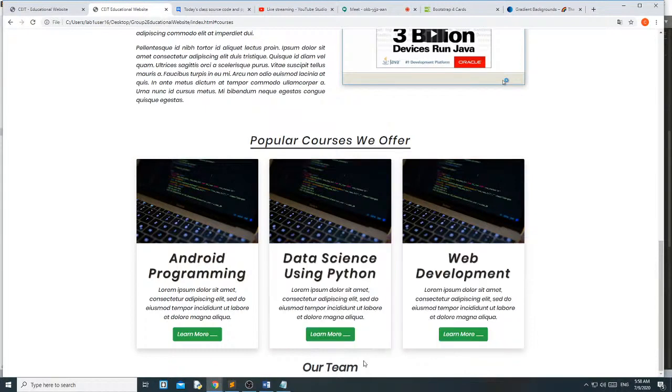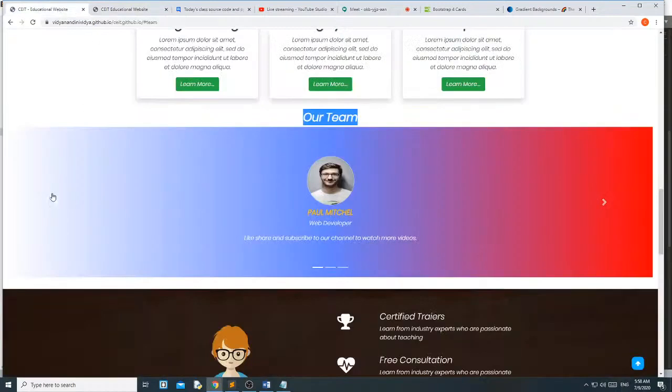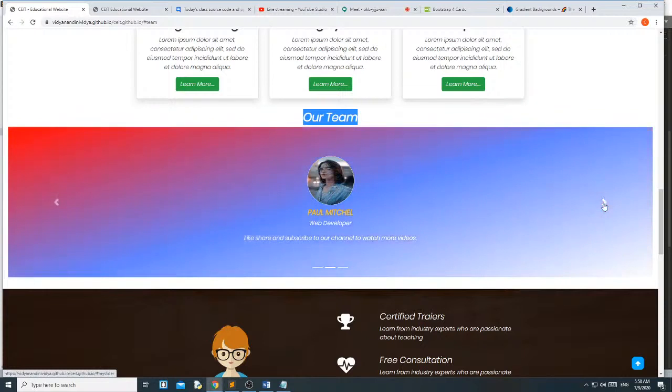Okay, then under this I need this type of things. This is known as carousel in Bootstrap. Carousel means what? Image slider. Simply you can tell that image slider. Multiple images you want to slide one by one, that we can do with the help of carousel.